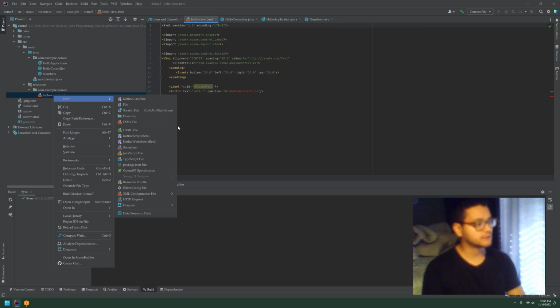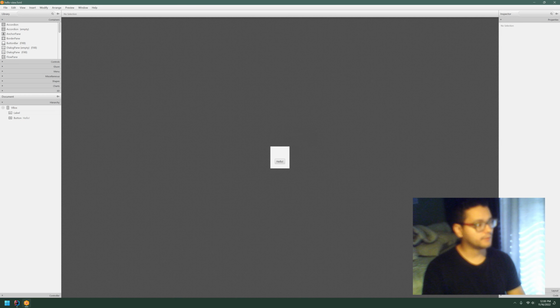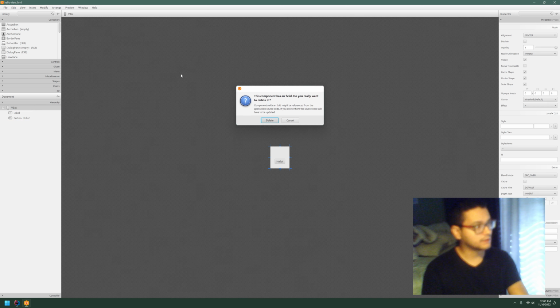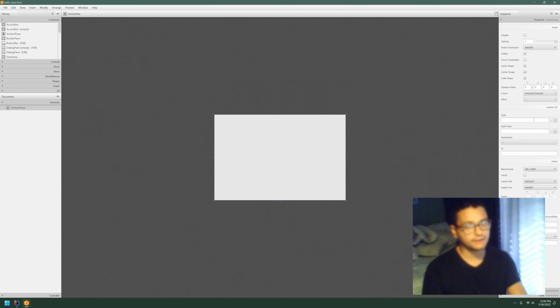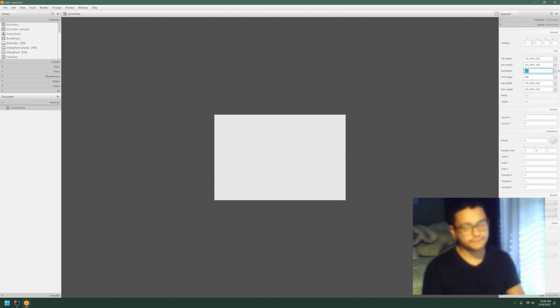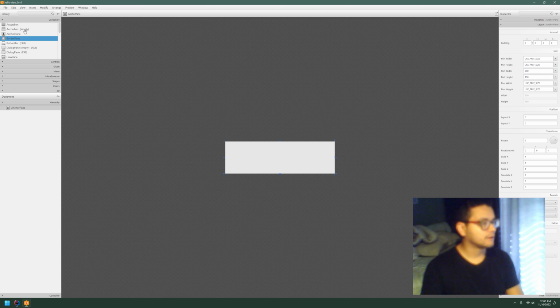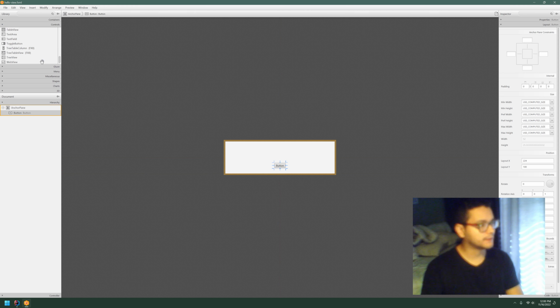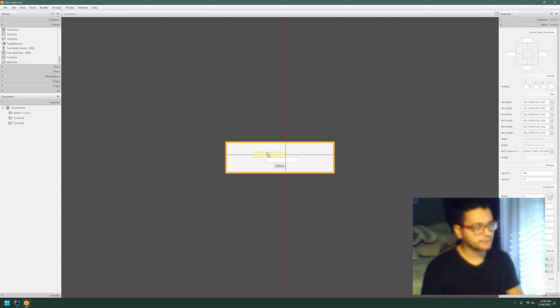Let's go to our FXML. Oh yeah, I already opened it up here in Scene Builder. Gonna delete that, drop in our anchor pane, set the properties to 500, 150. Go over here to our controls, drop in a button, go to the bottom, let's see our text field, duplicate that, put in another one at the top. That'll do our recursive method. This one will do our,